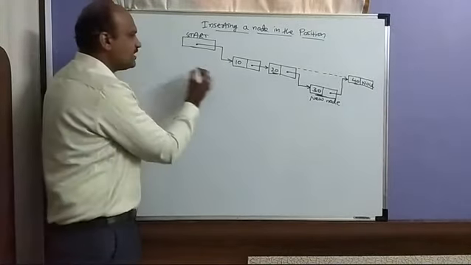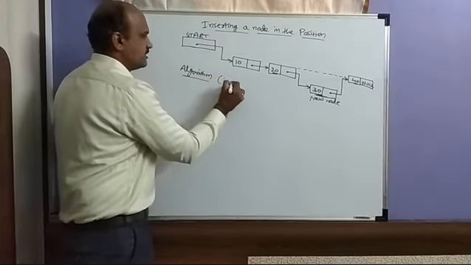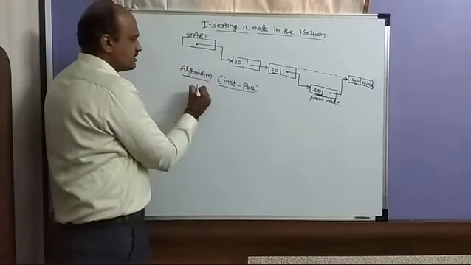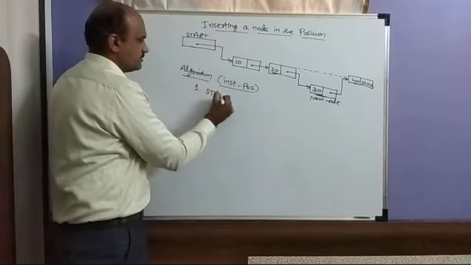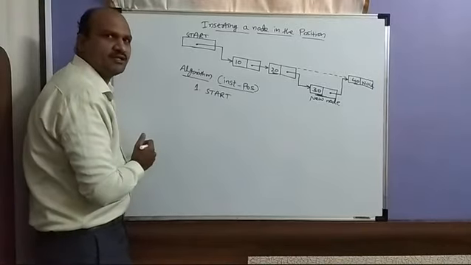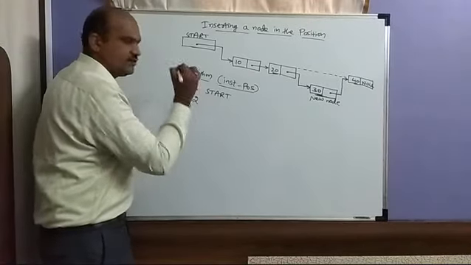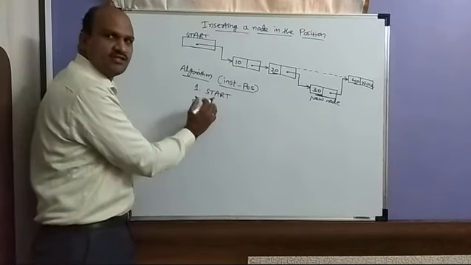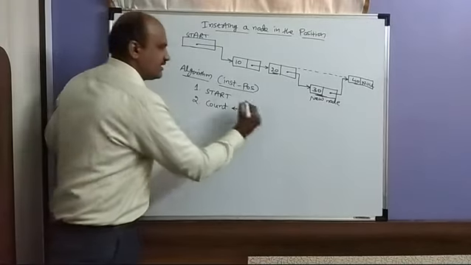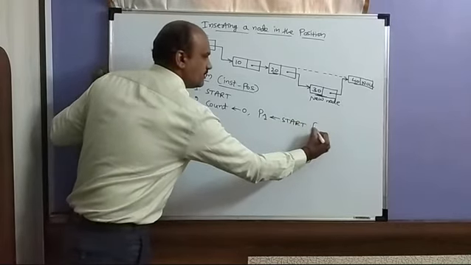Okay. So for that, the algorithm for inserting at the given position. Okay. So first step will be the start. Because here we are inserting at the given position, it should be a little bit bigger than inserting at the end and inserting at the beginning, because both are easy. But here it is a little bit difficult. As start, you have to initialize the count to 0, and also we are taking a pointer P1 as start. Both will be initialized.